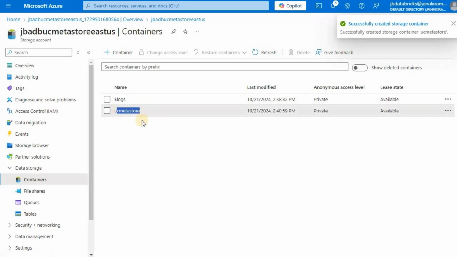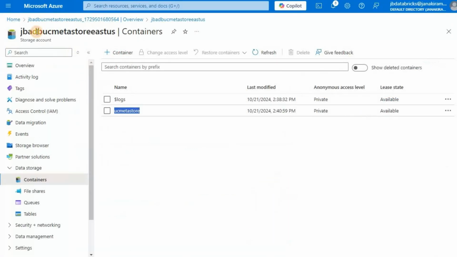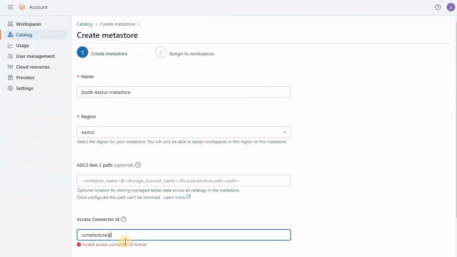Okay, so the container name is UC Metastore. Yeah, so the container name at storage account. Storage account is this one. Let's put it there. dfs.core.windows.net, and then we will put the path as uc